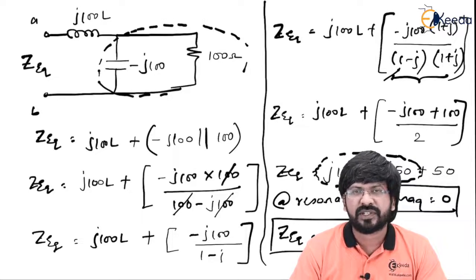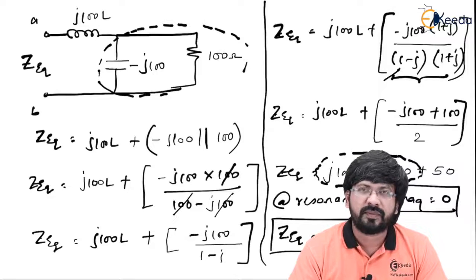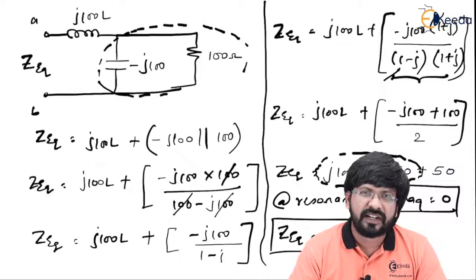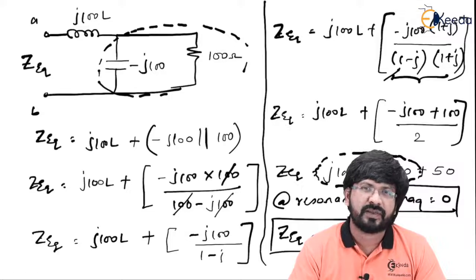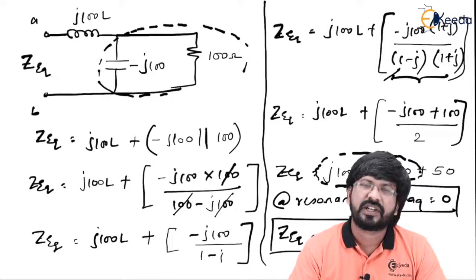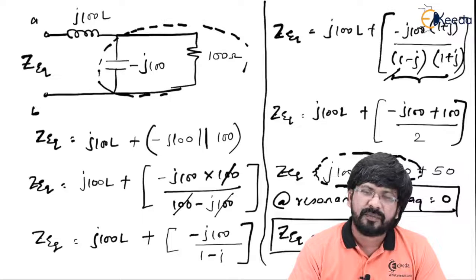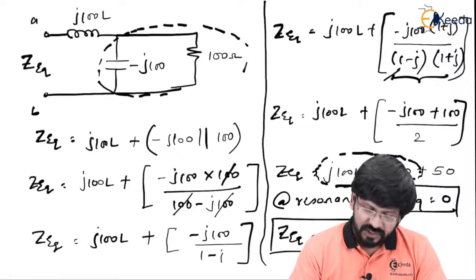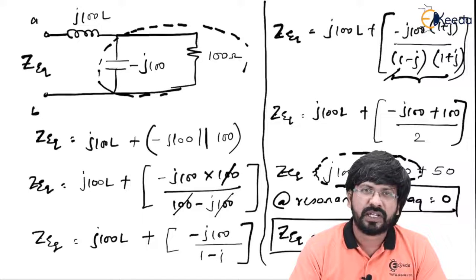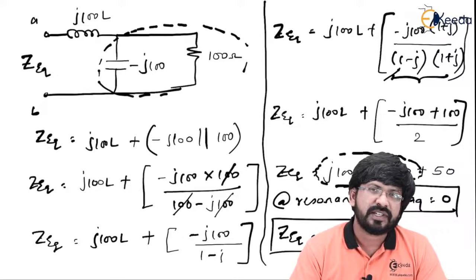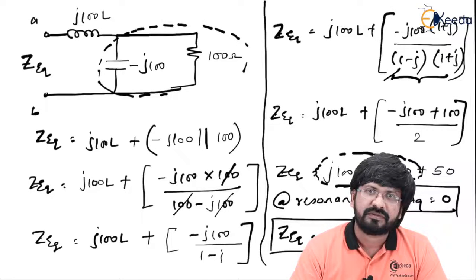When I explained resonance, I told you the problems are never going to give you a direct hint that the problem is related to resonance. They will give you some clues like voltage and current are in the same phase, or they might say the circuit is operated under unity power factor, right? So these are the hints which are given when a sum is related to resonance. Let's move to the next question now.